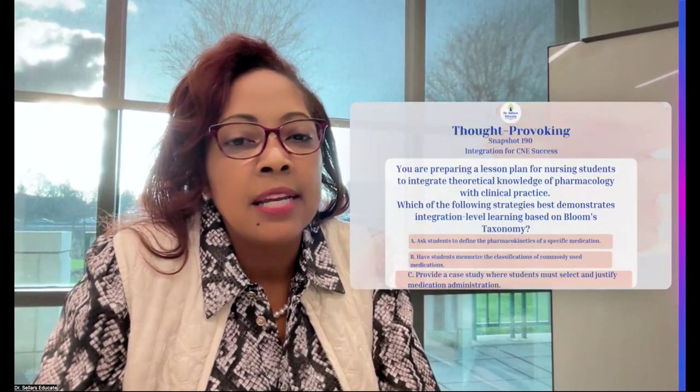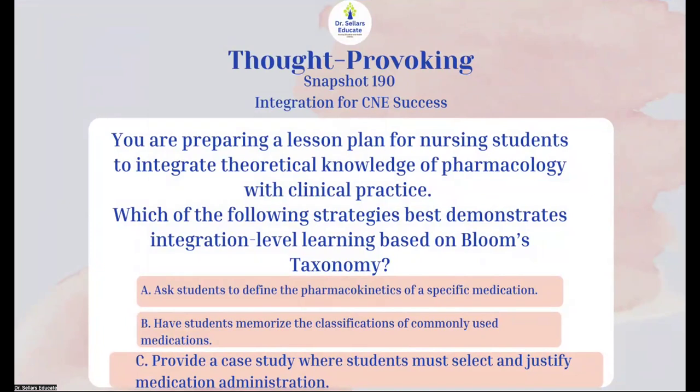All right, and then we had B as an option, which was having students memorize the classifications of commonly used medication. You can put in the comment section which specific taxonomy level this is most aligned with. All right, so I'll give you all a second again for B: which specific taxonomy level is having students memorize most closely aligned with? You can look at page 188 in Billings and Halstead, 6th edition if you're not sure. I'll go back to our presentation slides where we talked about Bloom's taxonomy and the different levels.